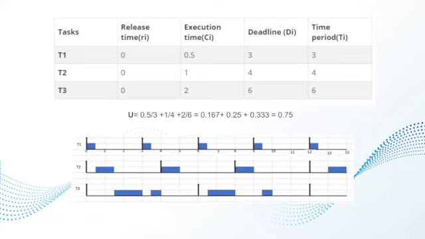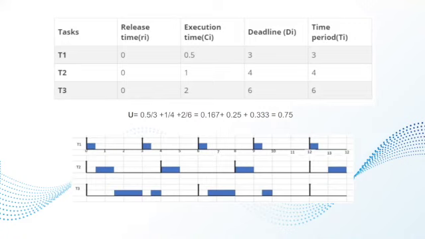Next step is to go over a simple example and explain how the algorithm works. As you can see here, we have three tasks with respective values. When you plug in the numbers as shown for U in the middle, we'll get 0.75. If we have to break down this example, it will happen in actually 7 steps, and due to the importance of it for this presentation, I will have to go over them.